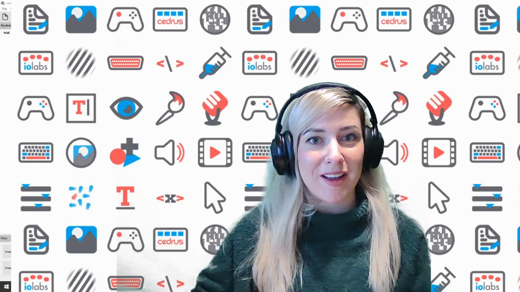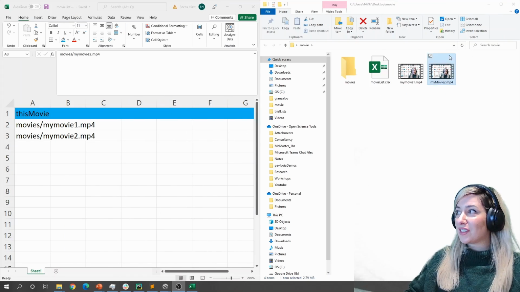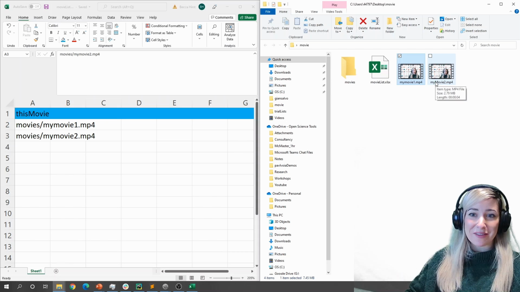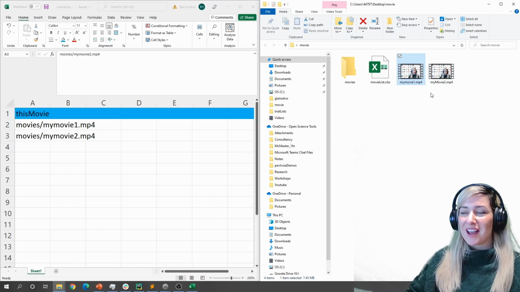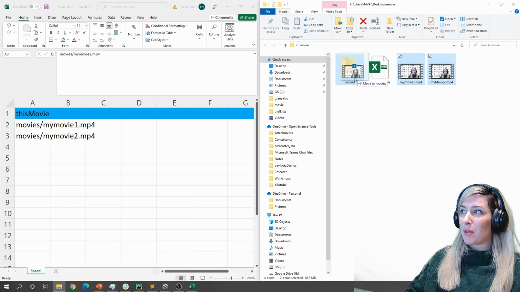in PsychoPy. So let's use this as our movie stimulus. Okay, great. So I have saved that movie here in a new folder, and I also made a second movie because I realised most experiments are going to present more than one movie. You'll most likely have a movie per trial or something. So I'm going to take both of my movies and pop them in a subfolder here